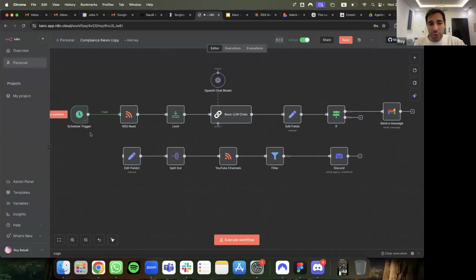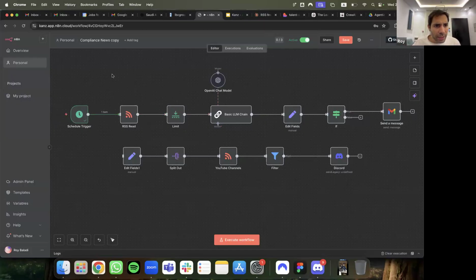Down the road, I'm going to teach you how you will never need to use this again. But if you know how to build it step by step, it's going to become so much easier for you to understand how to debug it down the road once you ask Claude to create a workflow for you, depending on what it is that you want to build. Okay? First things first, everybody start your new workflow.